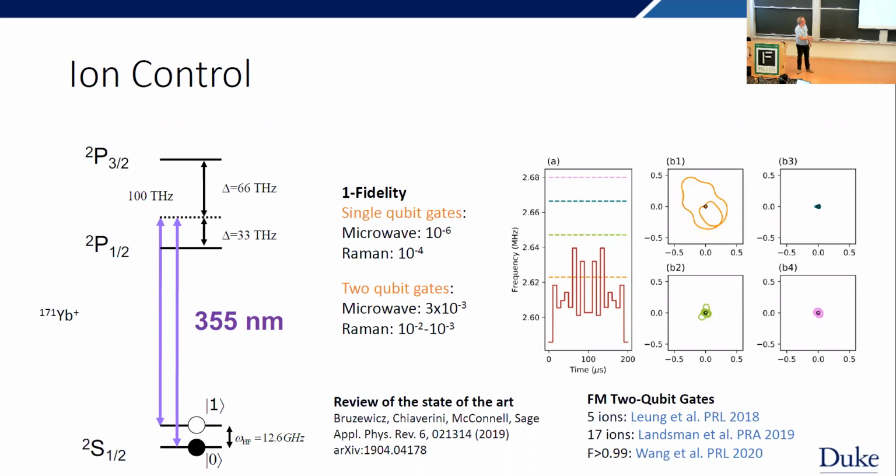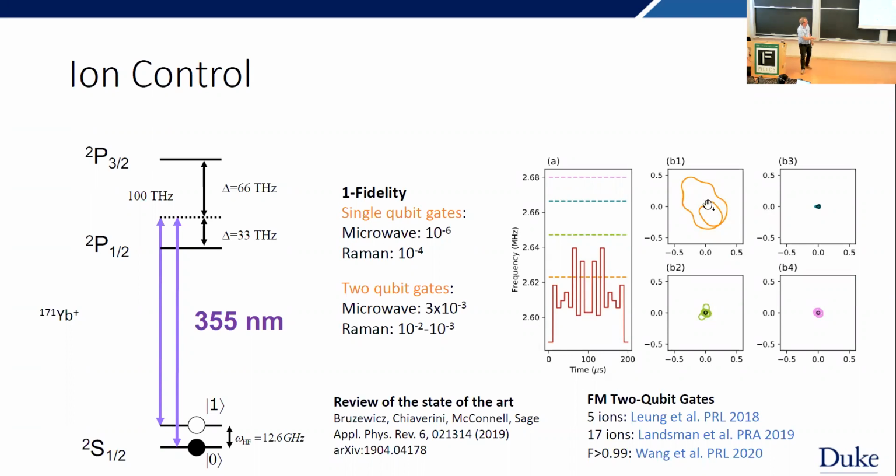And then the way we do two qubit gates, which I'll talk about at the end of the talk in more detail, is basically the ions are pushed. They're both pushed depending on their states. And that, because of their shared motion, moves them around. And then in these pictures, which again, I'll come back to at the end, we just want at the end for them not to have moved anywhere. So they come back to sitting still.